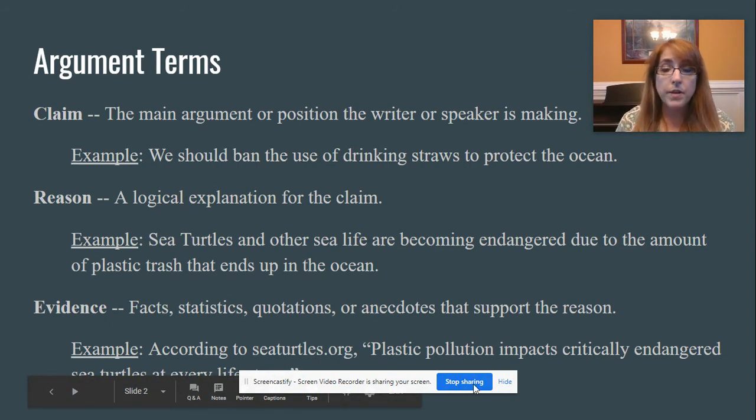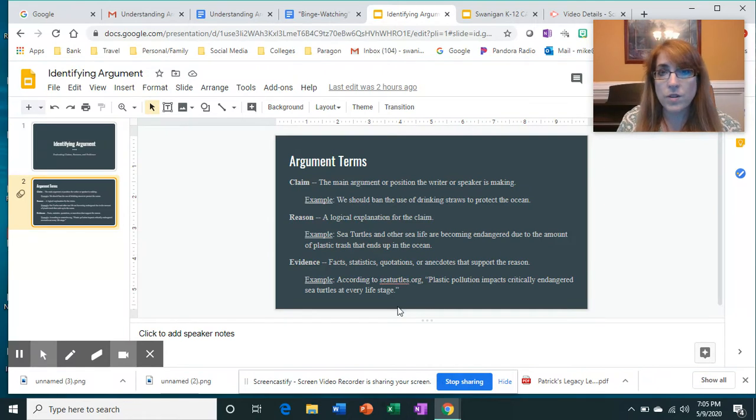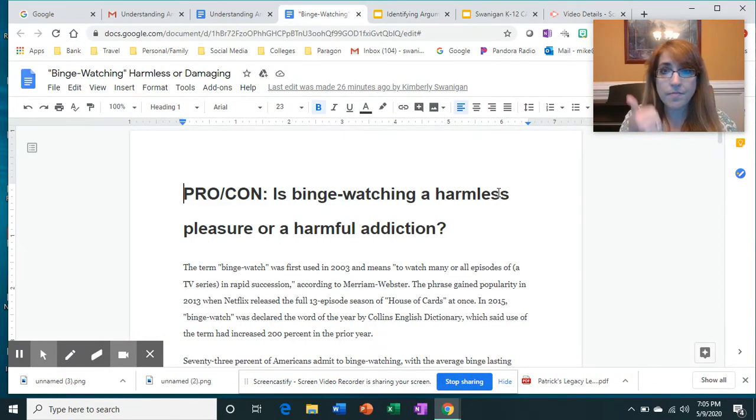And as we talked about previously, we also evaluate whether or not the evidence presented is strong enough to support that claim. So we're going to continue talking about that today, but we're going to get some more practice in by looking at that article. Okay? So our targets for today are, I can identify claims, reasons, and evidence in an article. So that's the first thing we're going to make sure we can do today. We're going to make sure that I can identify a claim, a reason, and evidence in an argument.